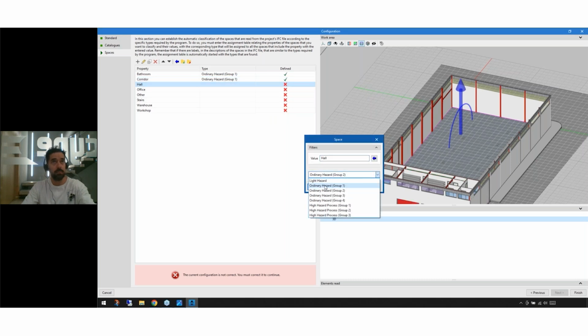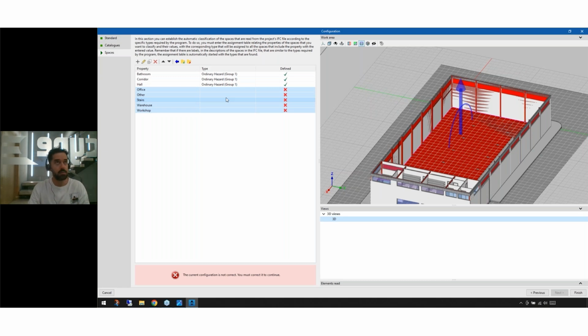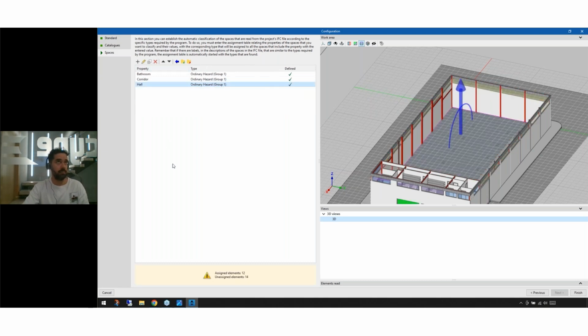Oops, sorry. And maybe I don't want to analyze these spaces, so I can delete them. So right now the software is just gonna import these 3 types of spaces I have defined, and the other ones are not gonna be calculated. So I'm gonna finish